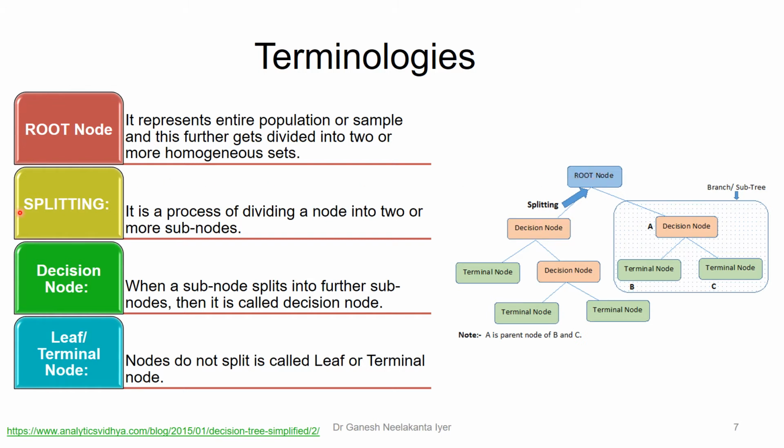So you can see here the blue color node, which is the root. Splitting is a process of dividing a node into two or more subnodes. Decision node: when a subnode splits into further subnodes, that is called a decision node. And leaf or terminal node, where